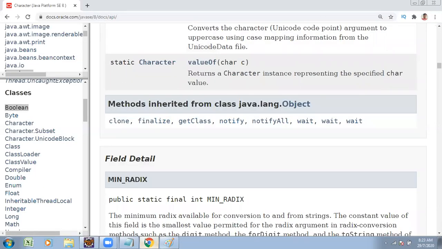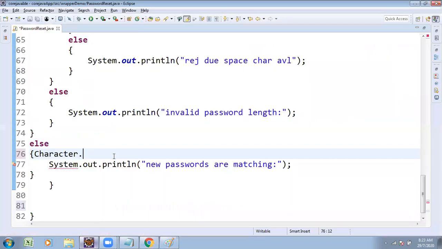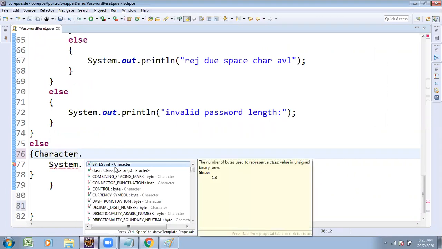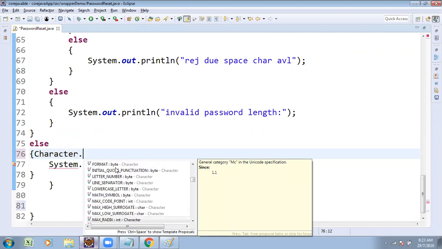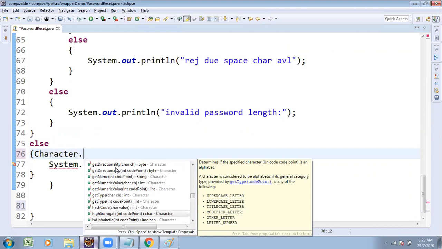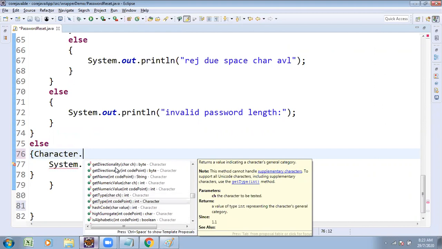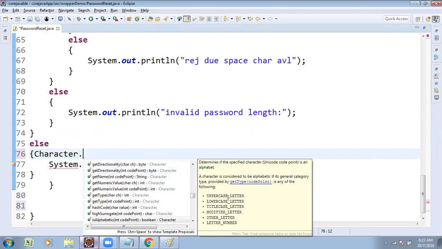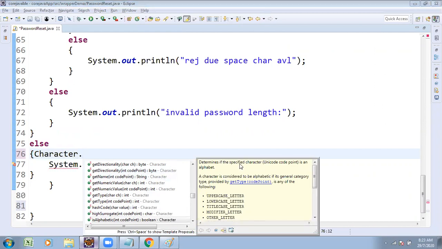So how to remember those methods? No need to remember. Character is a static type of class. When you select any of them, you see the references. Suppose here you are using one method named is alphabetic. It shows the description about that also.